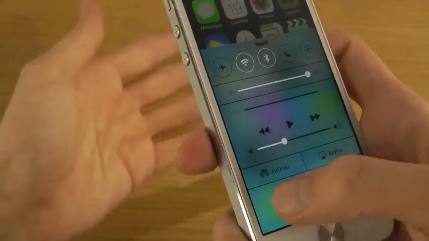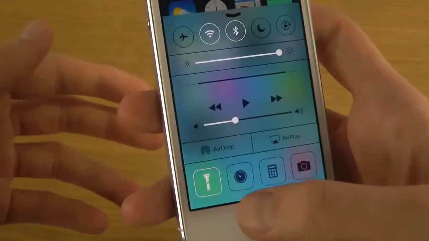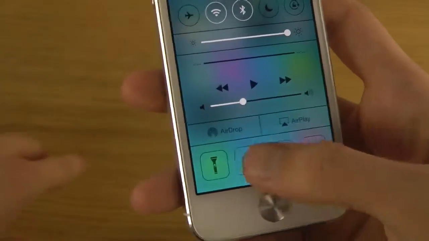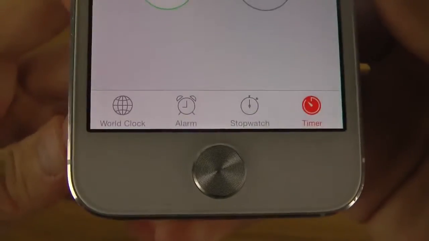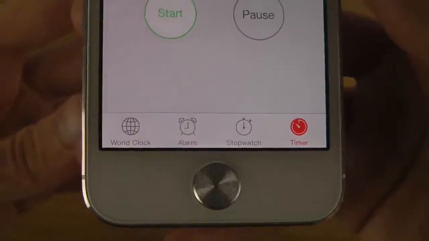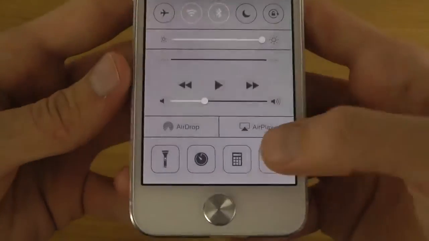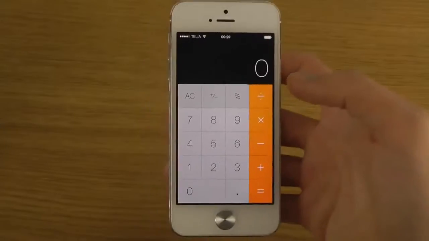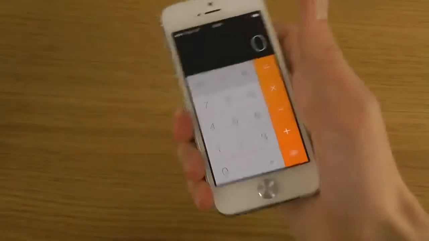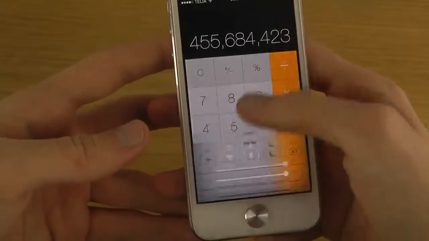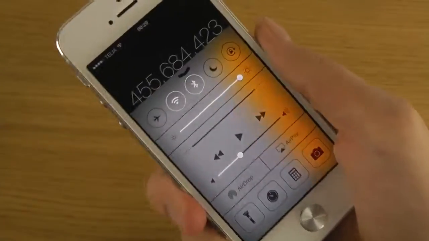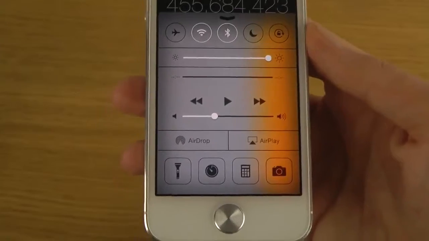Some other things here they also have quick access to: a torch, maybe not, flashlight. You have also quick access to the stopwatch, timer, alarm, and the world clock, which is good. You have a calculator. Every time you want to bring up that calculator and calculate something, you can do so, and that's nice. You can also see here that this control center works within apps,